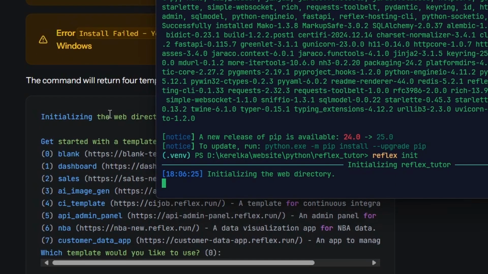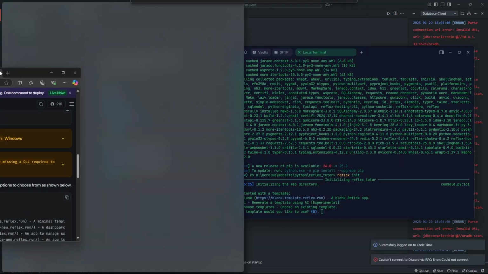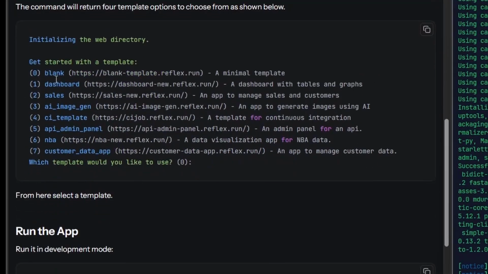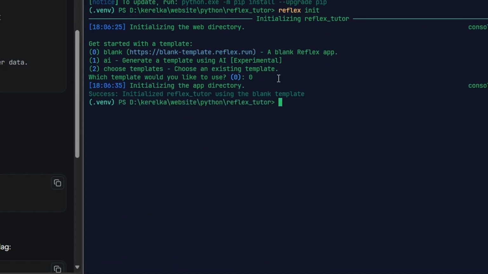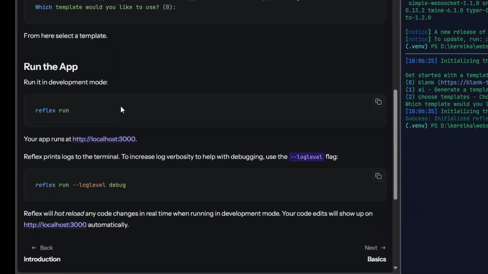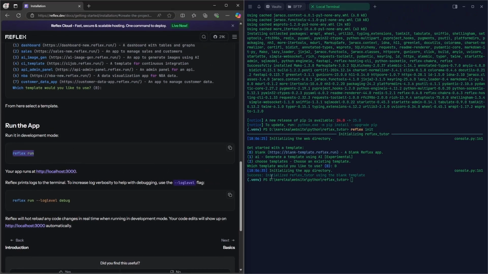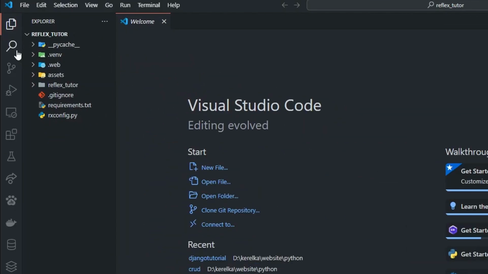Let's go back to the documentation to see the available starter templates. I'll choose the blank template by selecting option 0. This gives us a clean slate to build our app, or you can just press enter. According to the docs, we can run the app using the command reflex run. Let's try that. But before we run the app, let's take a quick look at the files and folders created